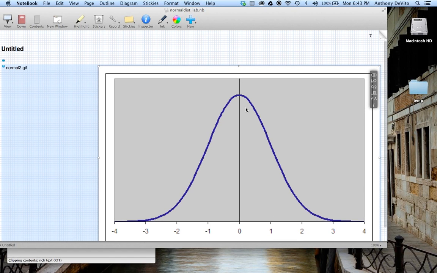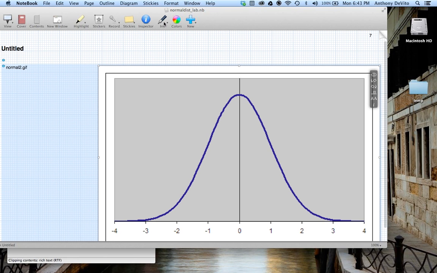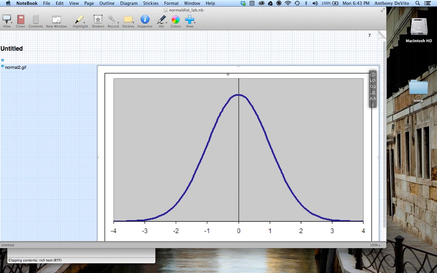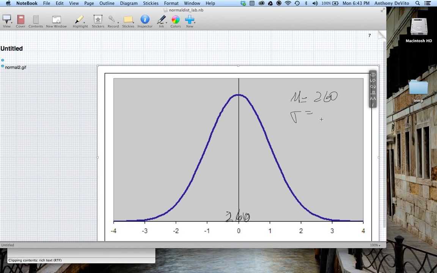Talk about that. What does that mean to us? What that means to us is that the mean batting average in the major leagues is, let me see if I got this working. Okay, mean batting average is 260, right? 260. Okay, the mean, mu, that's for the entire population. Well, okay, let me ask you this. I'm going to call mu 260, and the standard deviation is 0.04 or 40. Okay, standard deviation is 40.